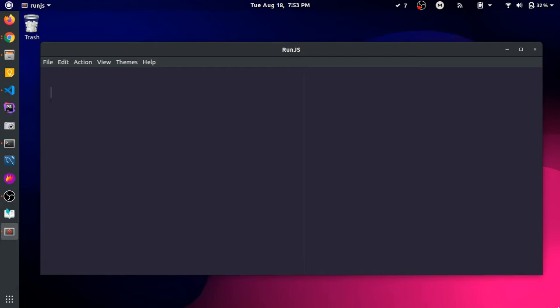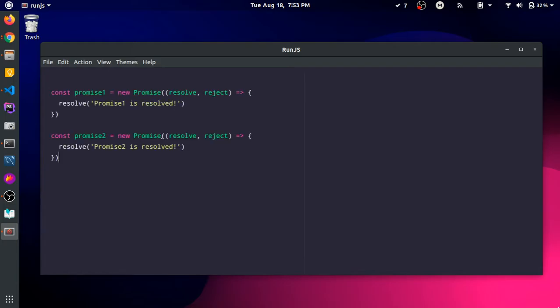Today we will be seeing the difference between two promise methods, that is Promise.all and Promise.allSettled, and how they differ from each other. These two methods can be used to run multiple promises asynchronously or simultaneously, and both of these methods will return a single promise which contains the results from all the resolving promises that have been passed to these methods. So first we will be seeing how Promise.all works, and for that we have these two promises over